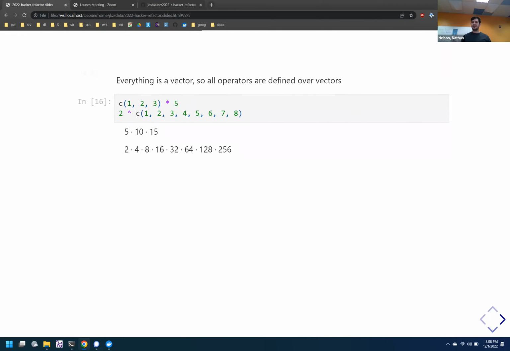And, I said we could do math earlier, right? But in R, everything is a vector. So we can actually do math on vectors. That's pretty cool. So all of the operators in R out of the box work on vectors. So here I'm doing a vector multiplication, multiplying 5, that's a single element vector, against all of